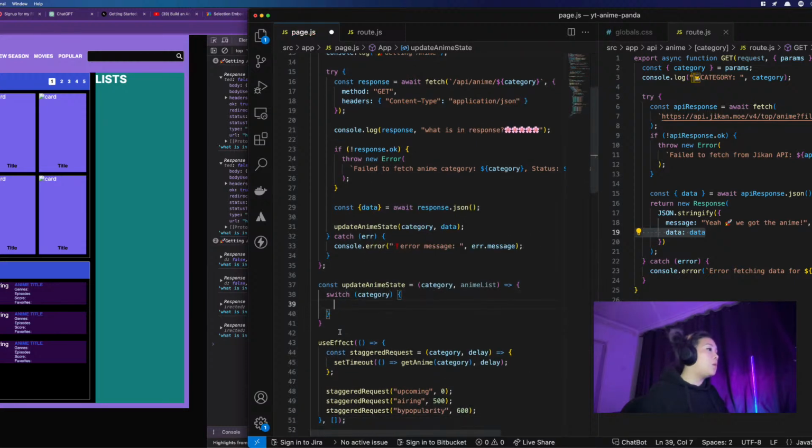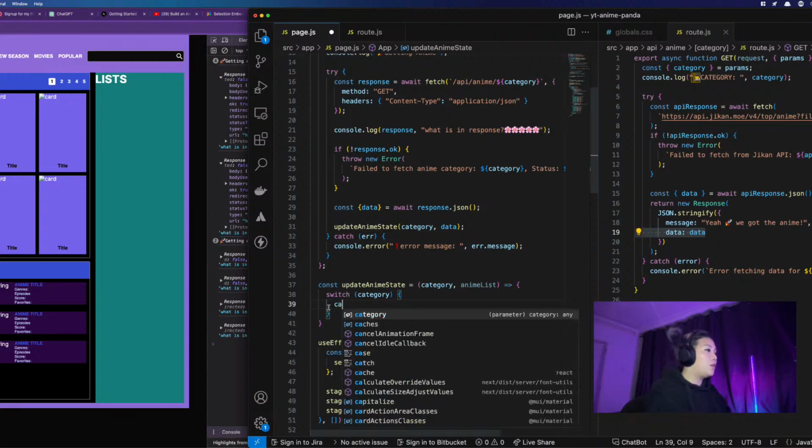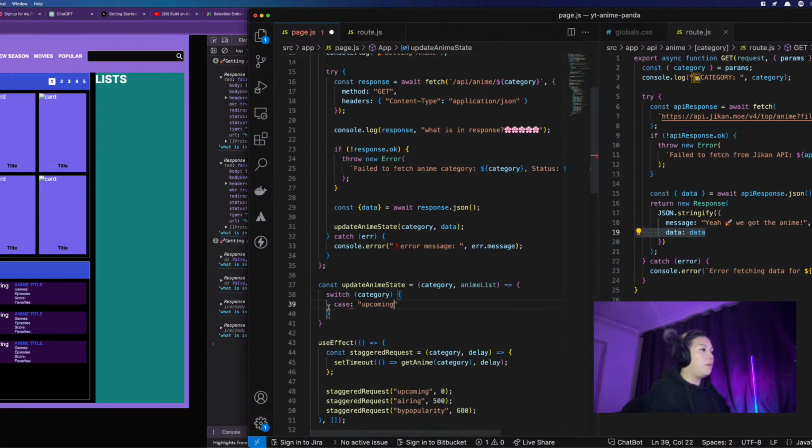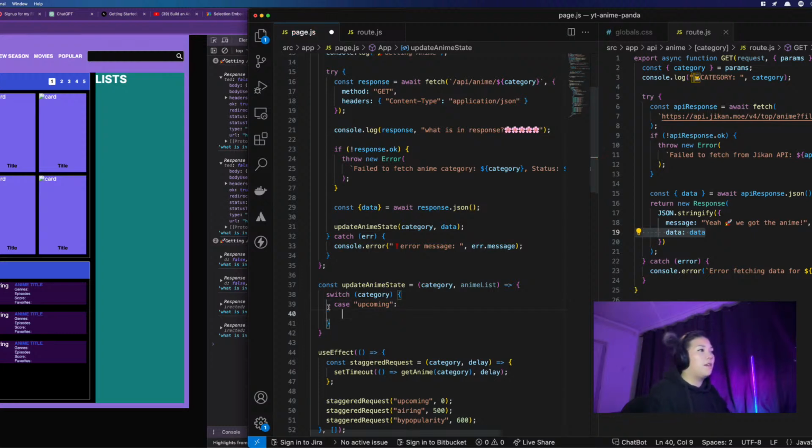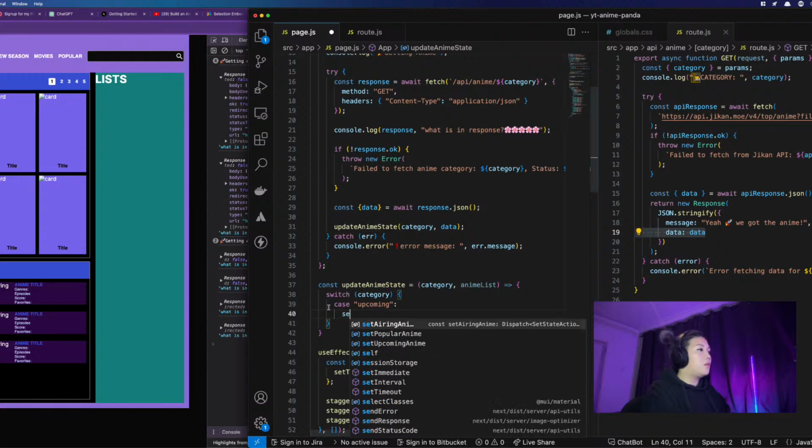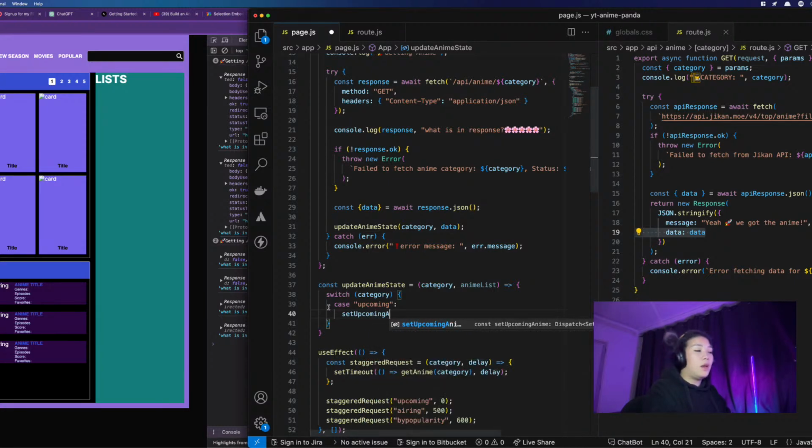And I could do this with an if else statement, like if category is this, do this to that, but I thought I'd switch it up, pun intended. So case upcoming, and here be very careful. You say here is actually no colon, and here also not, it is a colon here at the end. I kind of switch it up. So set upcoming anime with